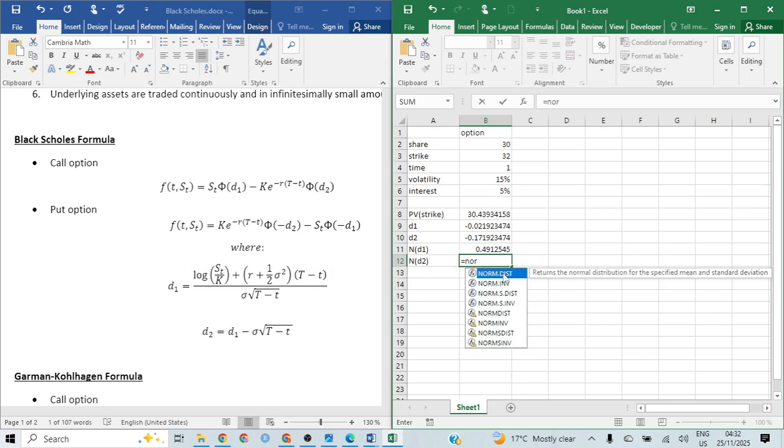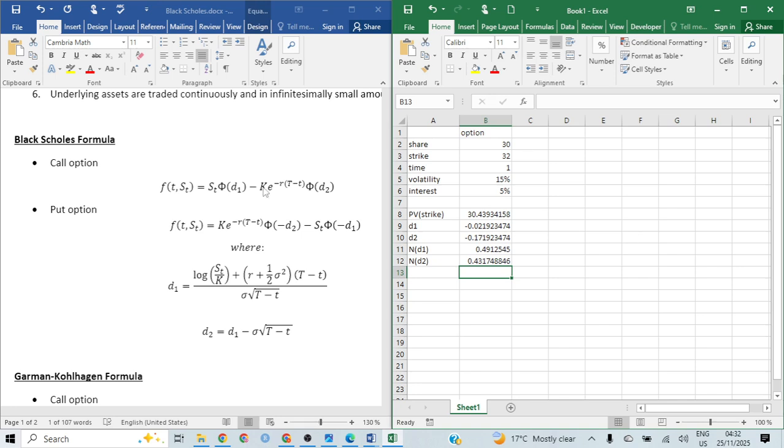Norm dist, and x is D2, mean 0, standard deviation 1, and cumulative, and I have that. But you see, for a put option, we are not using phi of D1 and phi of D2. We are using phi of negative D1 and phi of negative D2. The reason we did phi of D1 and D2 is because sometimes this is what the examiner usually wants to see. But now I will go on to do the